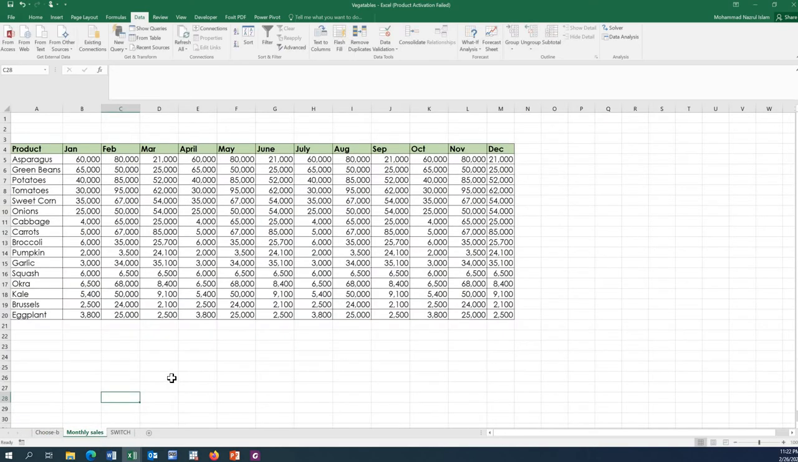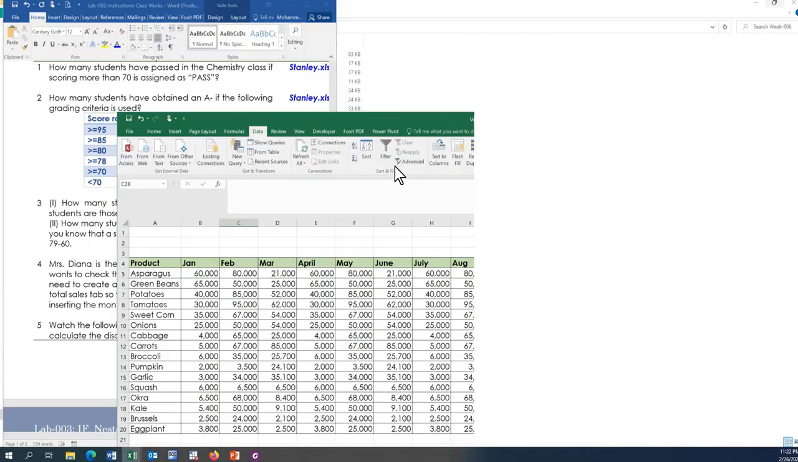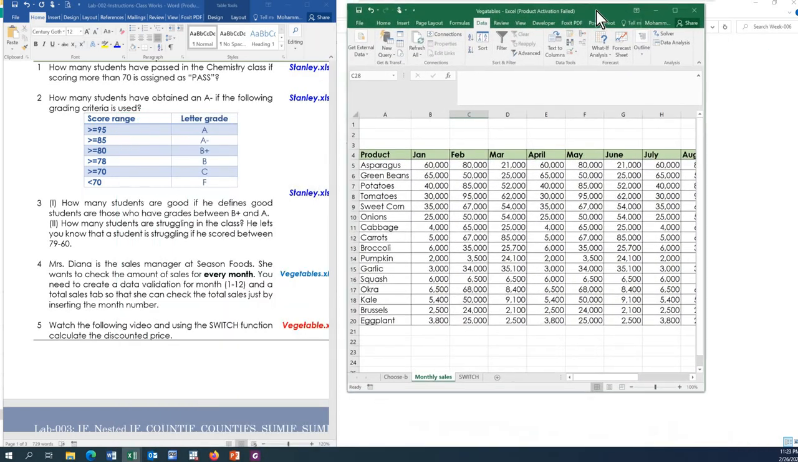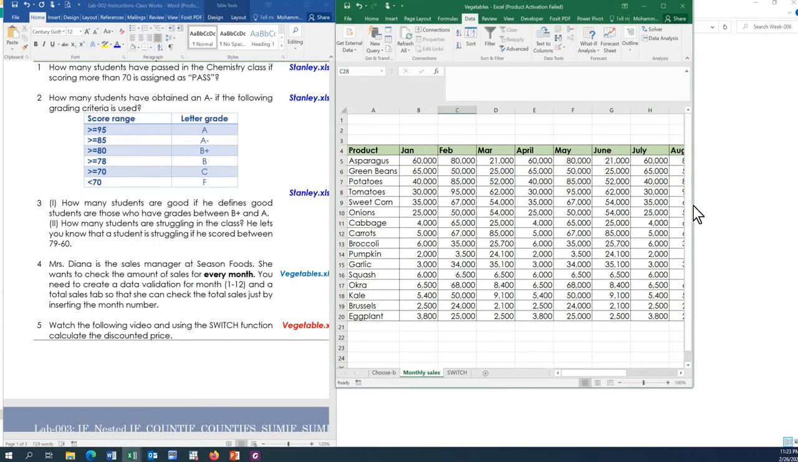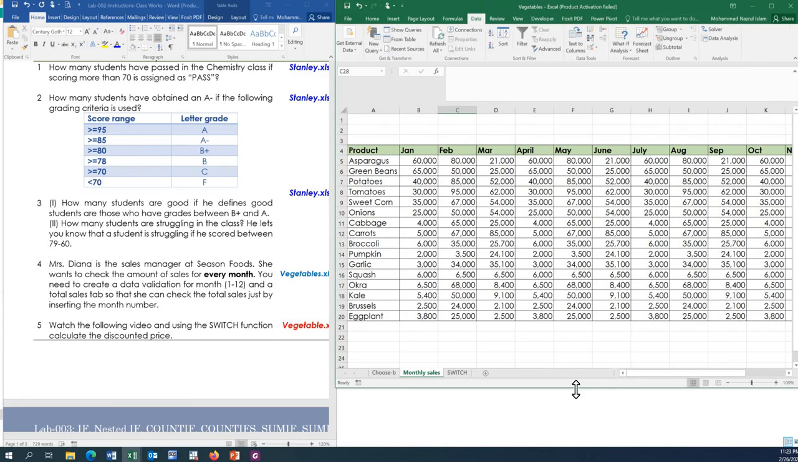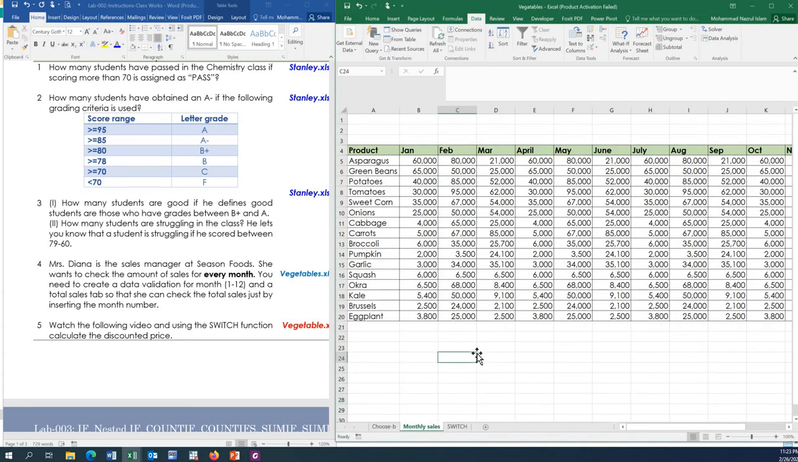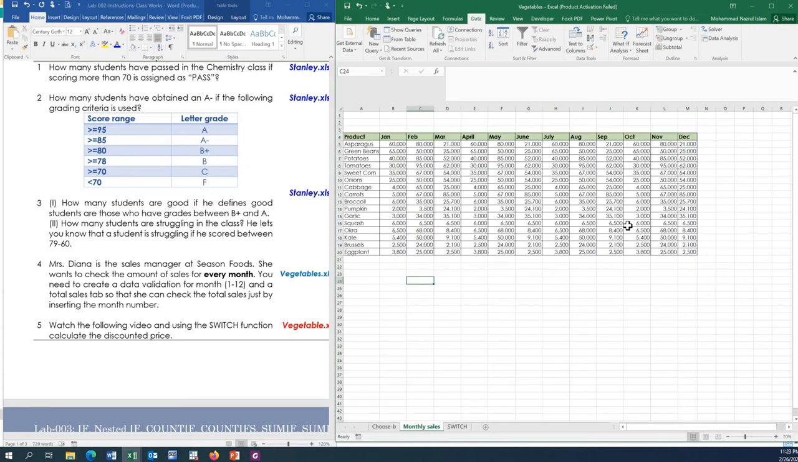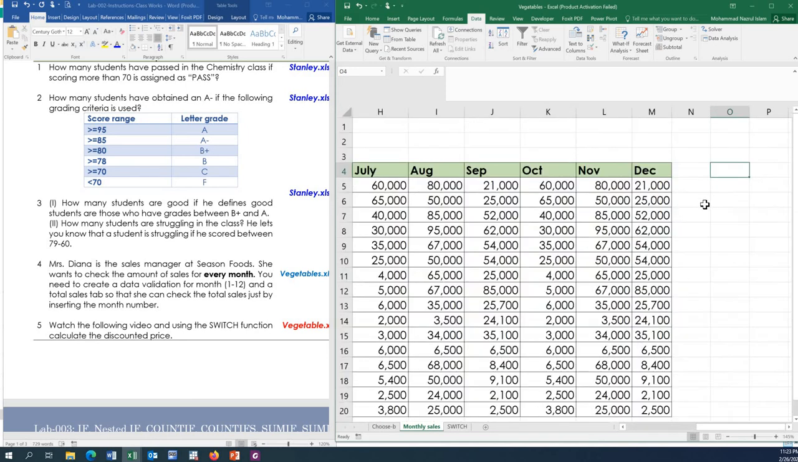Okay, as Mrs. Diana wants from us one thing, and let's see how we can help her. Okay, so we have here different vegetables, and she wants to know the total sales per month, by month. So to answer the question, so what we need to do,